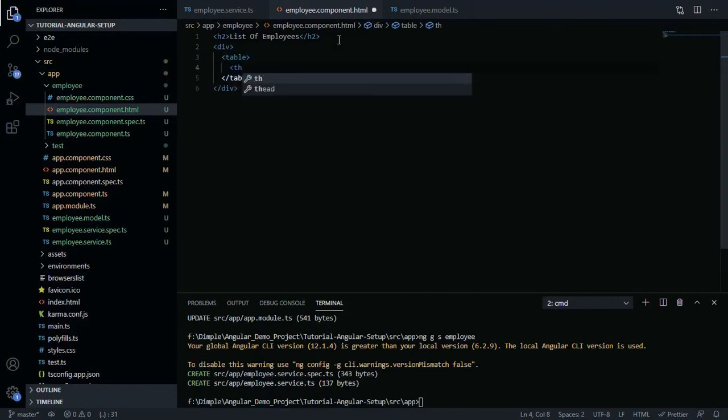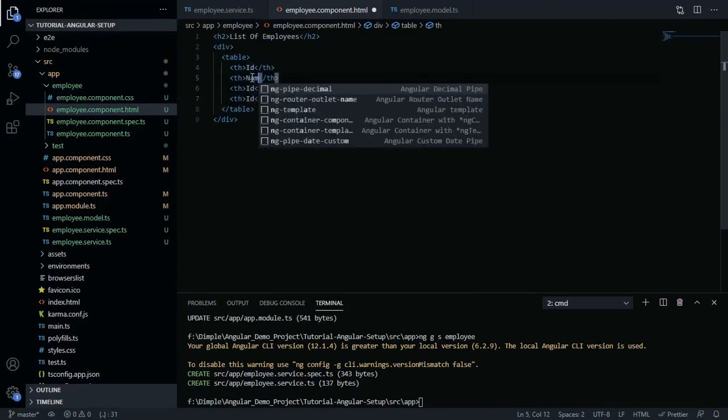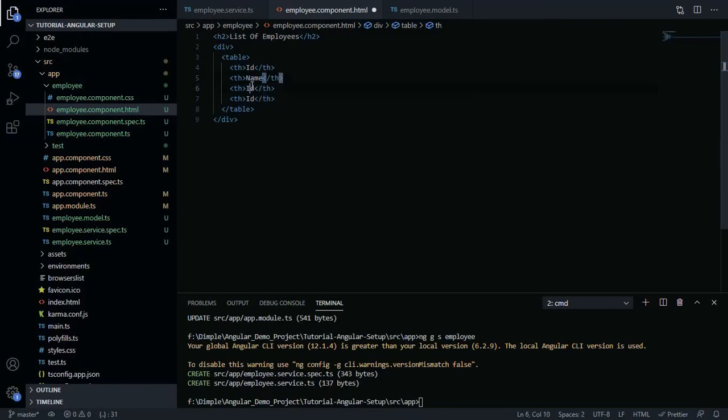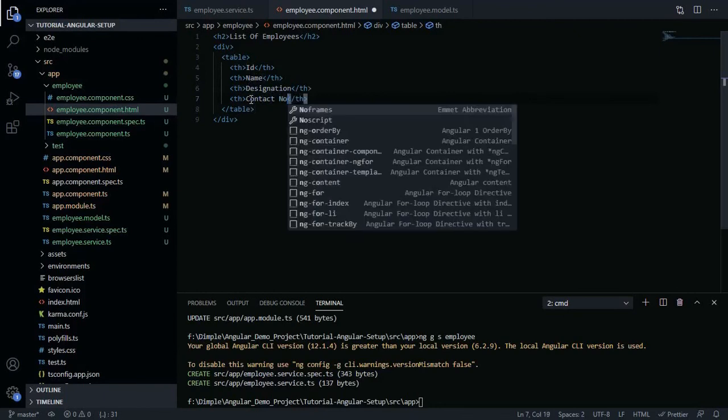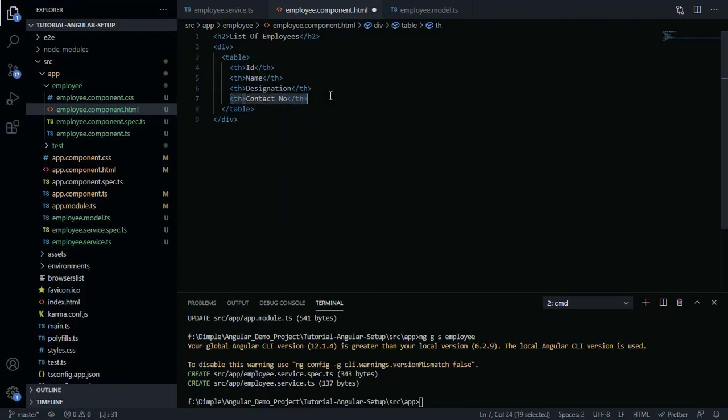So first we'll put the headers. One is the ID, then name, designation, and the contact number. And one more we need is the action type.